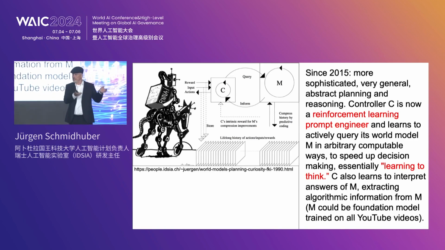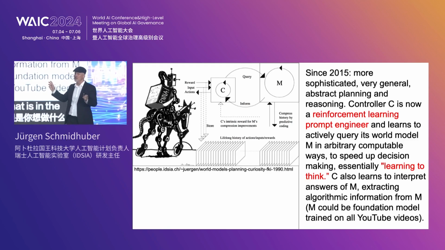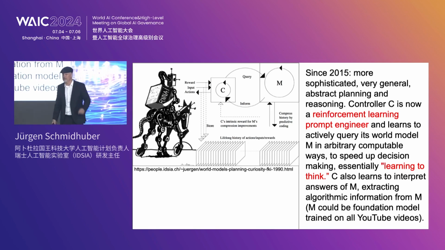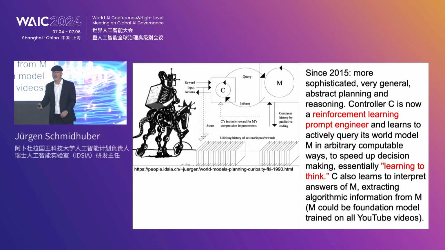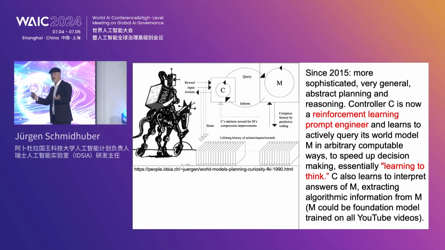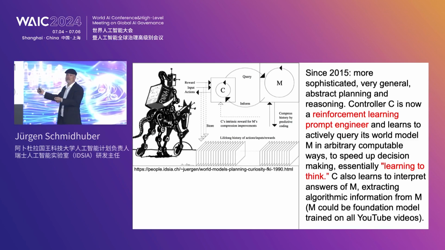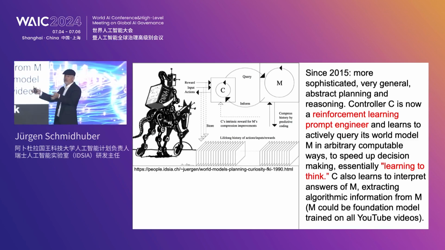Now, the controller wants to control a robot that has never thrown any ball or something, but what you want to do is you somehow want to extract the information that is in the world model, so you want to address the right parts of the internal representations of the world model in a way that allows you to solve that problem of the controller faster than learning the whole thing from scratch without access to this model of the world. And so what this 2015 thing does, basically, the controller learns to inject prompt sequences of prompts, queries, into this model of the world, which will send something back. And what is the stuff that is coming back?